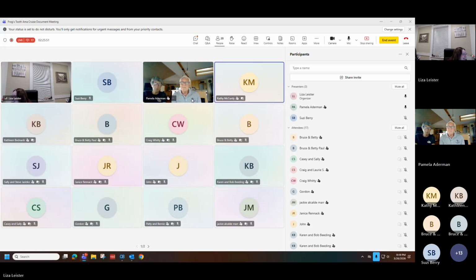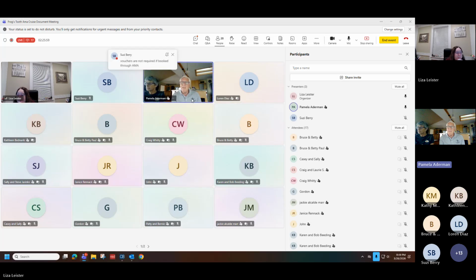Hey Larry, how hard are the bike tours that they offer during the excursions? All of them are slightly different. The longest one we did on the Danube was like 14 miles, but most of them are 10 or less. Each one is spelled out, whether we're going to be on cobblestones or a smooth bike path.